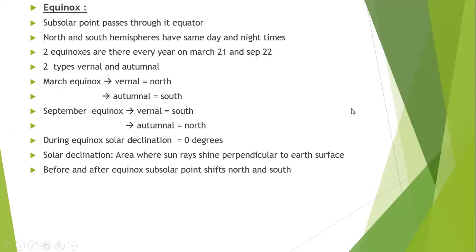Now we will discuss equinox. An equinox is an event in which a planet's subsolar point passes through its equator. What is the subsolar point?